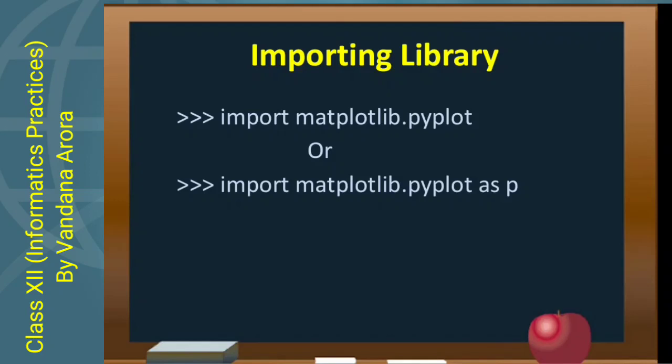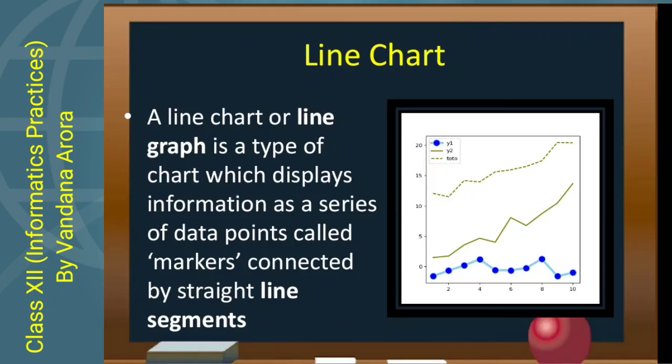Otherwise, if you don't select any alias, any alternative name, then you have to write the complete matplotlib.pyplot in front of every method, and this will reduce the amount of typing if you keep a short name like p, as I have chosen in my code. Next is